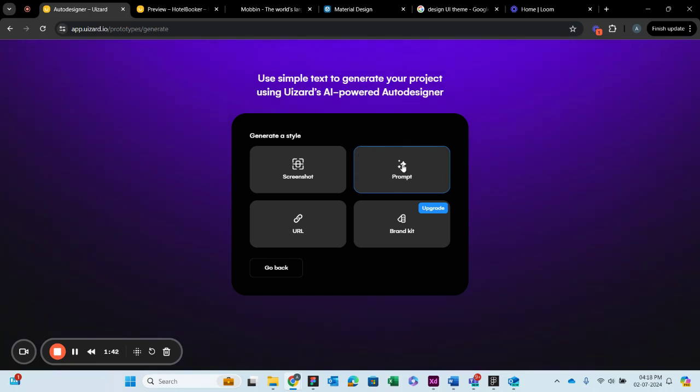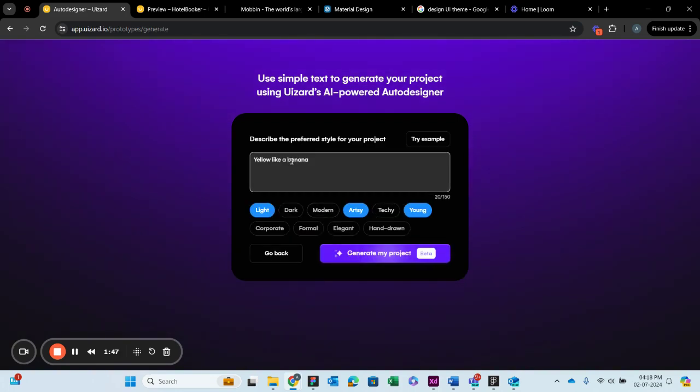That's what we are trying to achieve over here, and you can see there are specific preferred styles for your project. To try an example, we can go with either a green and minimalist approach, or else we can try some dark UI concept